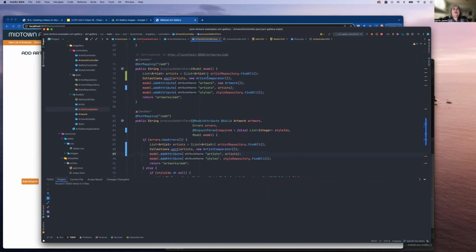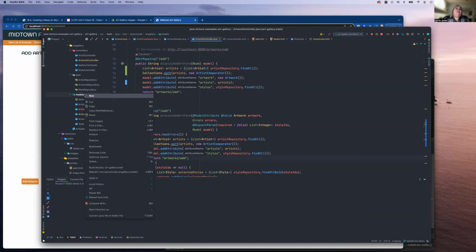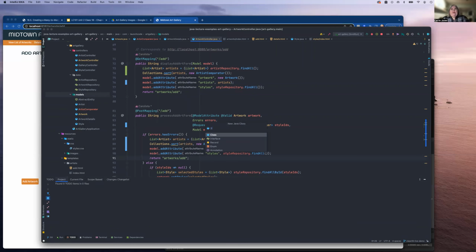So now we've done it both here and in the post handler where there's a possibility there's errors and they're going back to the form. So now let's go do the same thing for styles. You'll get to see this again, but it'll go faster because we can just copy and paste and change a few things. So I'm going to create a style comparator